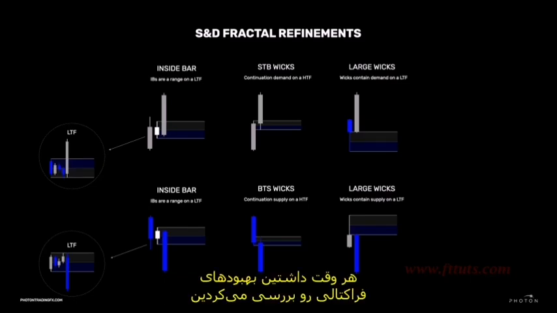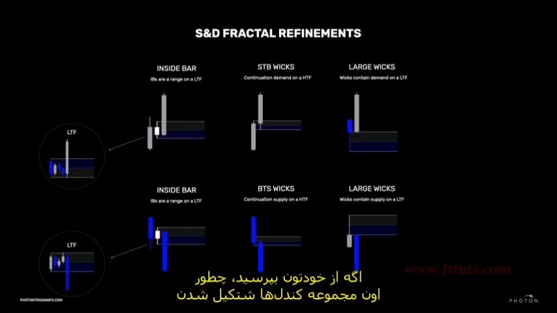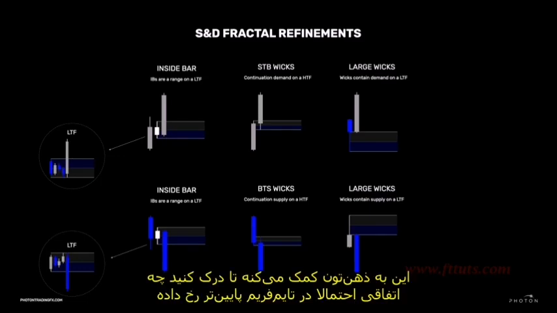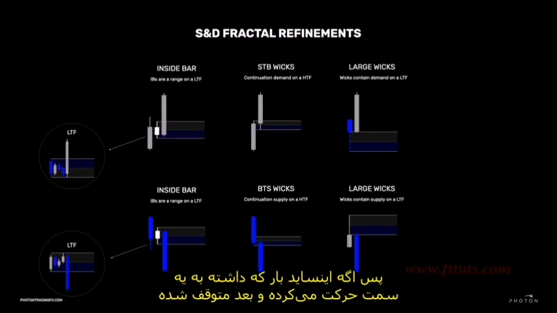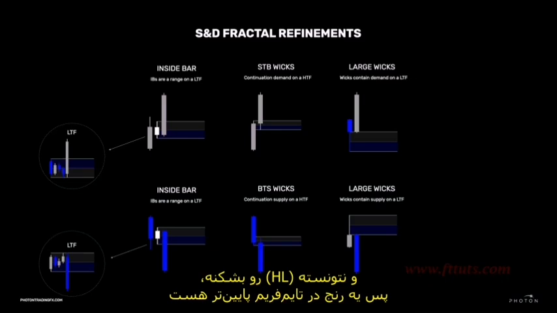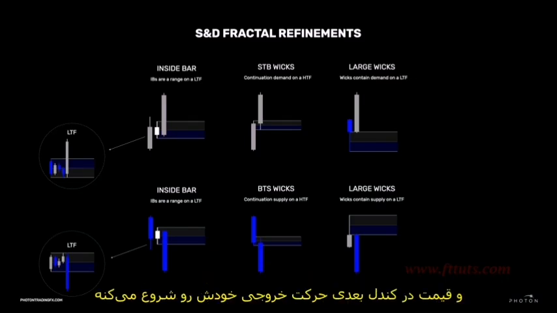So whenever you are looking at fractal refinements in general, if you just ask yourself, how did those series of candles form? That should help your mind to understand what may be happening on a lower time frame. So for the inside bar, you can see that price moved in one direction, then it paused, it failed to break the high or low, so it must be ranging on a lower time frame,